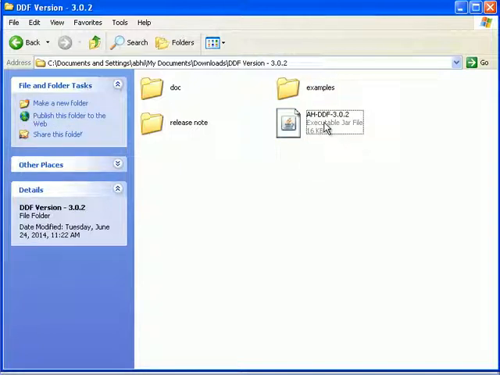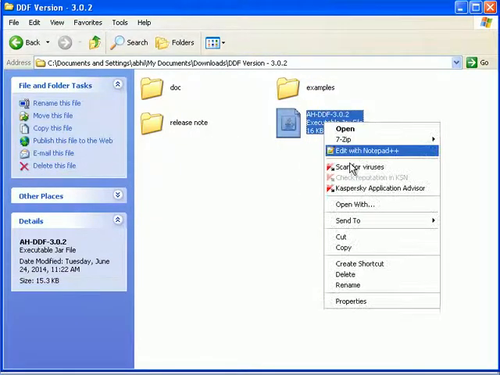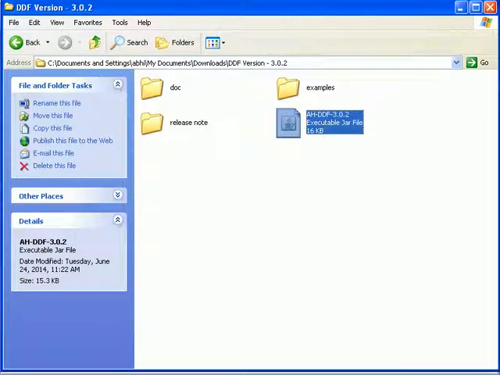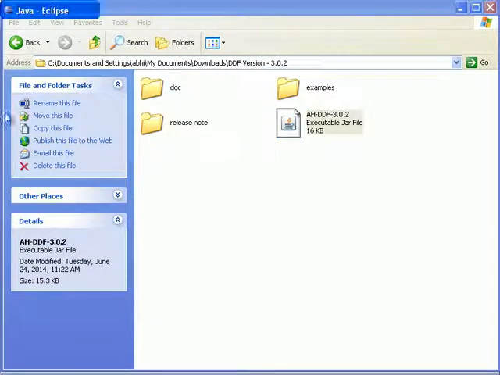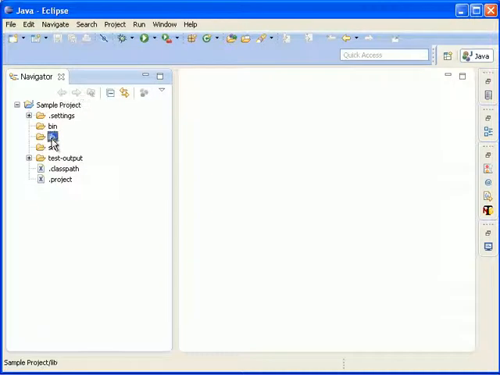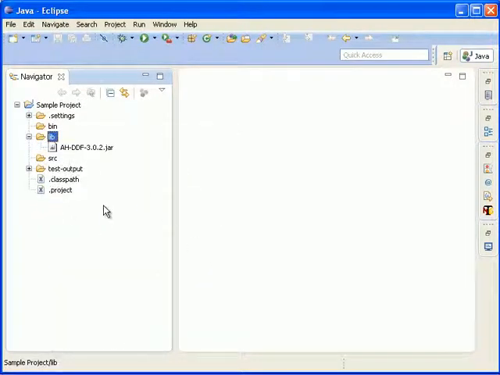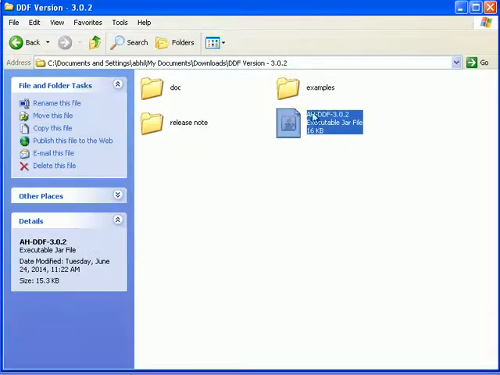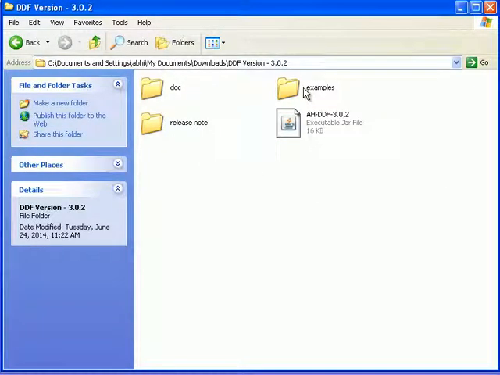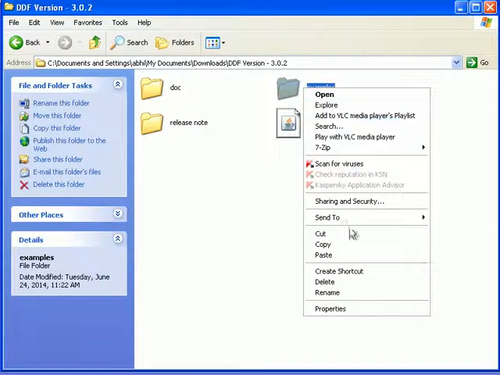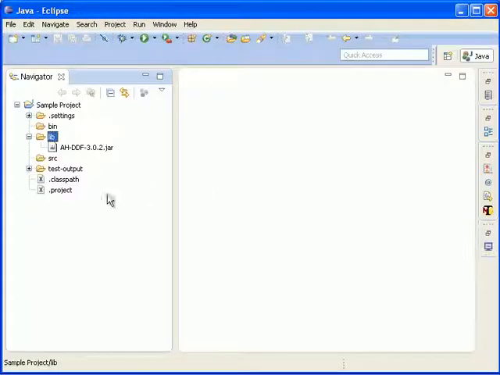Just copy the jar file into the lib folder of your Eclipse IDE project, and copy the examples folder into the src folder of your Eclipse IDE project.